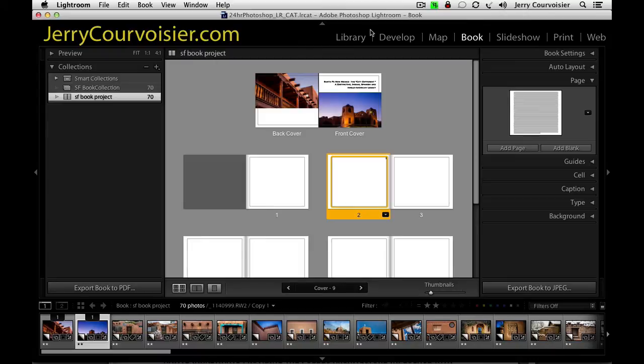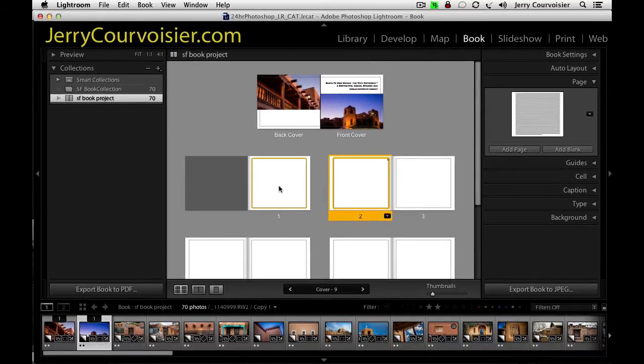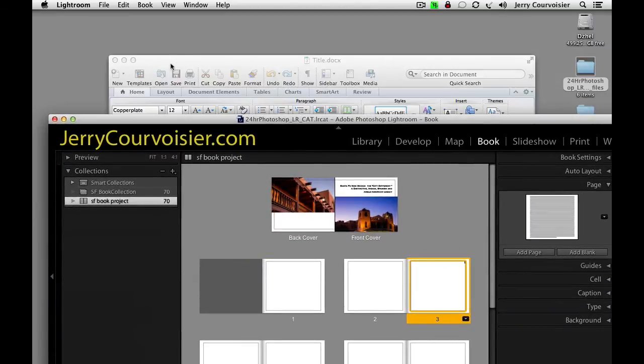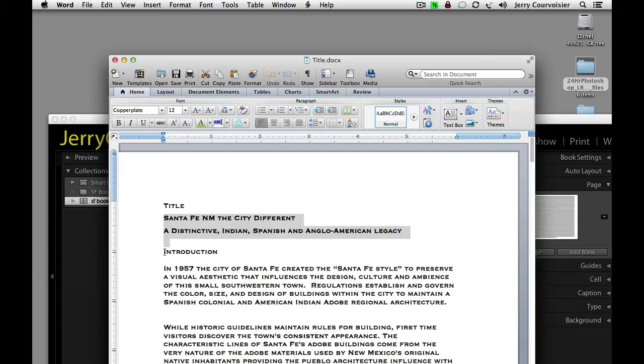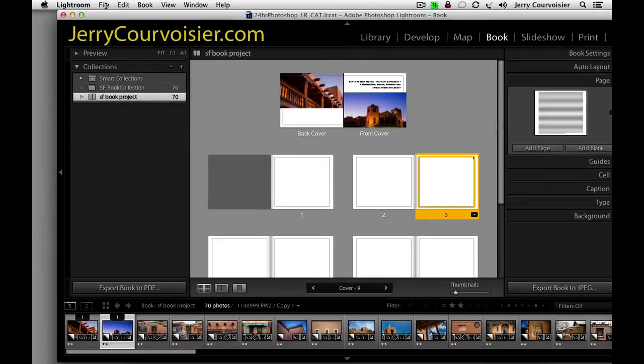Okay, where might I get the introductory type? If you've created a Word document, you can go to that Word document and pull the information from it. So in this case, I'm going to put a blank page, I'm going to put acknowledgments here, and then I'm going to put the introductory information right here. And so I'm going to go over here, let's minimize this for a second, folks, and I can go to my Word document, and I can say introduction, and I can bring in this type associated with the introduction from my Word document. Okay, so I'll take it right like this, and I'll copy it,